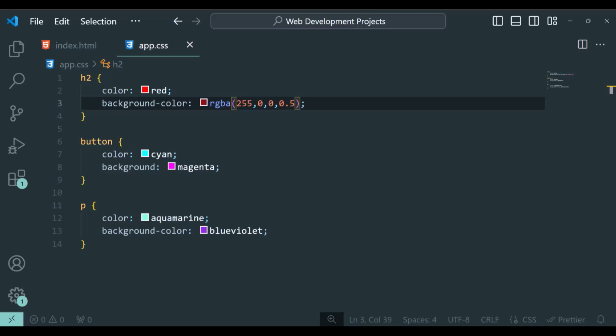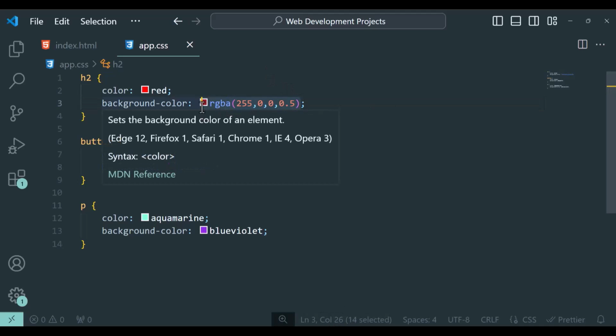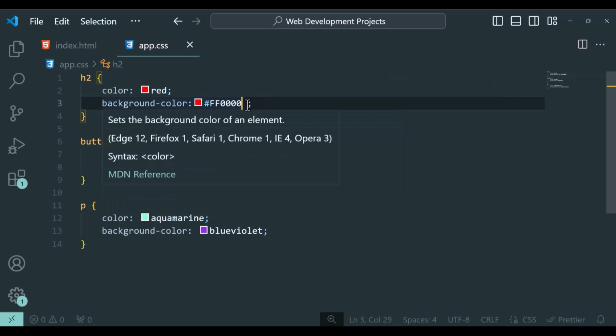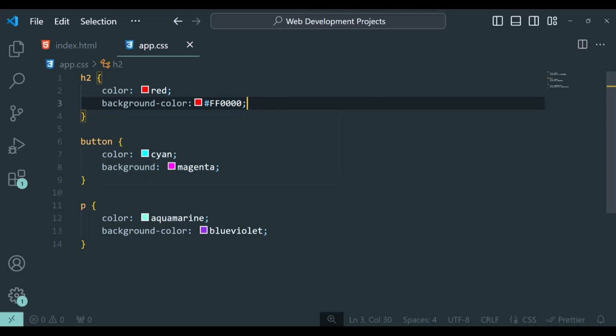For example, the hex color FF0000 represents pure red. So if I delete this, and let me copy this, let's put it here, not 2 times, only 1 time. So this is the hex color red using the hexadecimal format. It represents pure red, just like RGB 255, 0, 0.